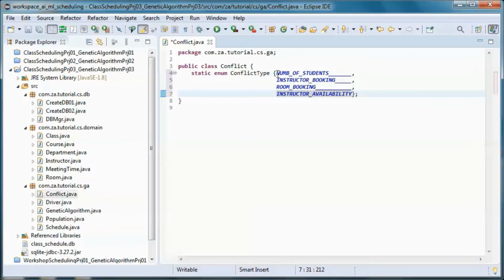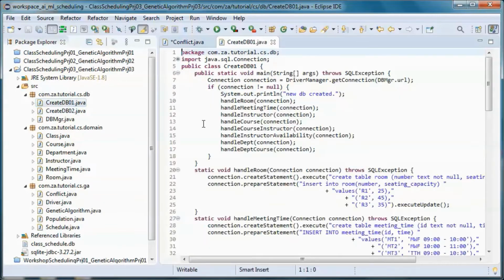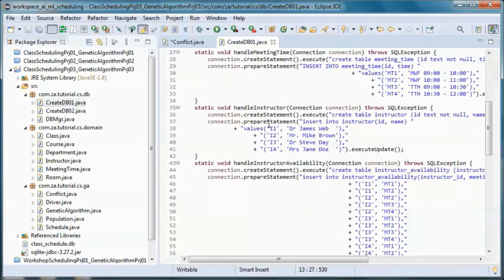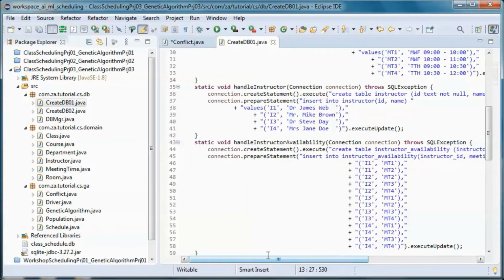So in addition to the number of students and instructor booking and room booking conflicts, we're adding this one. So it will check instructor availability scheduling conflicts against the table that we just added.